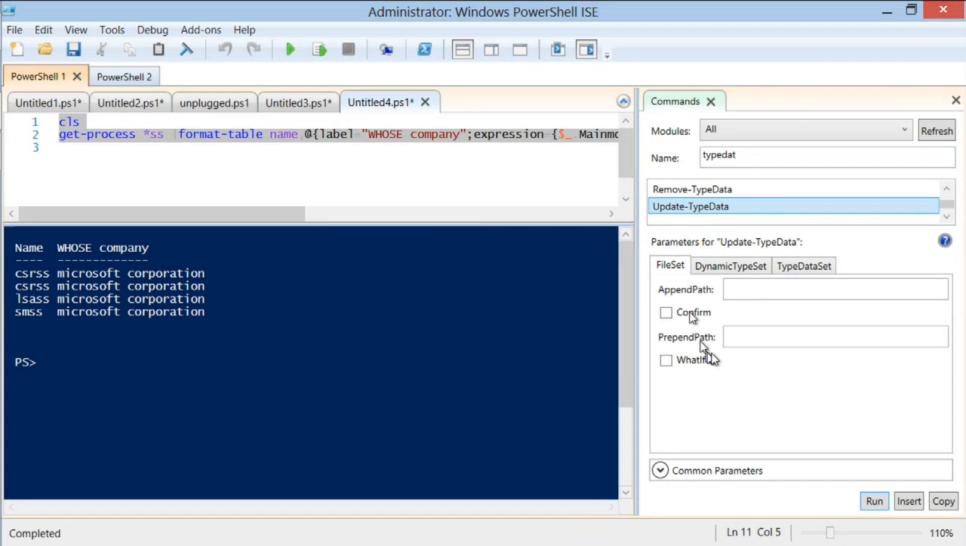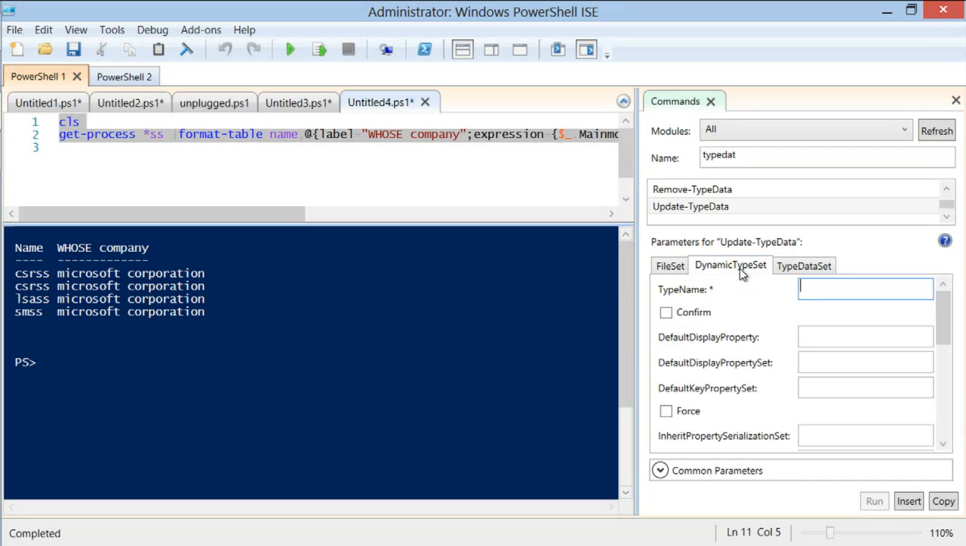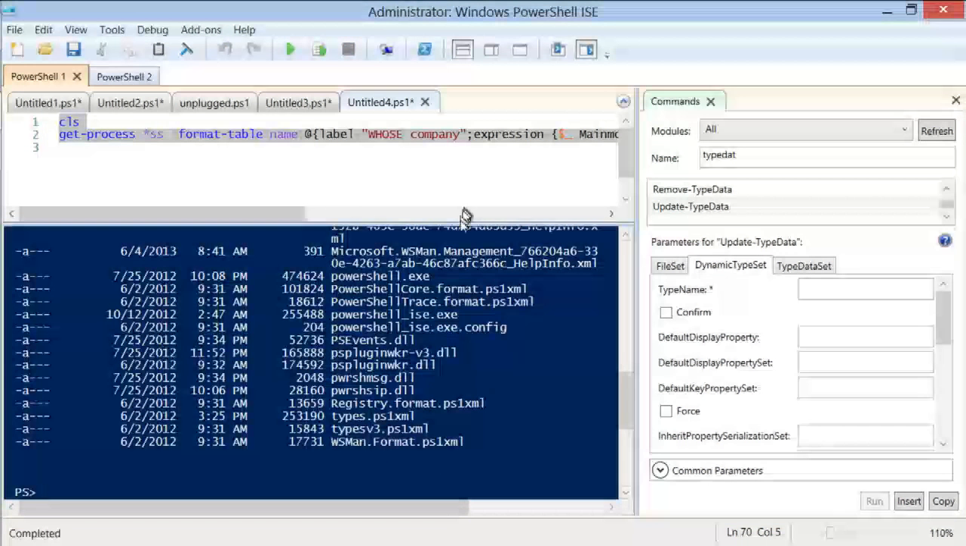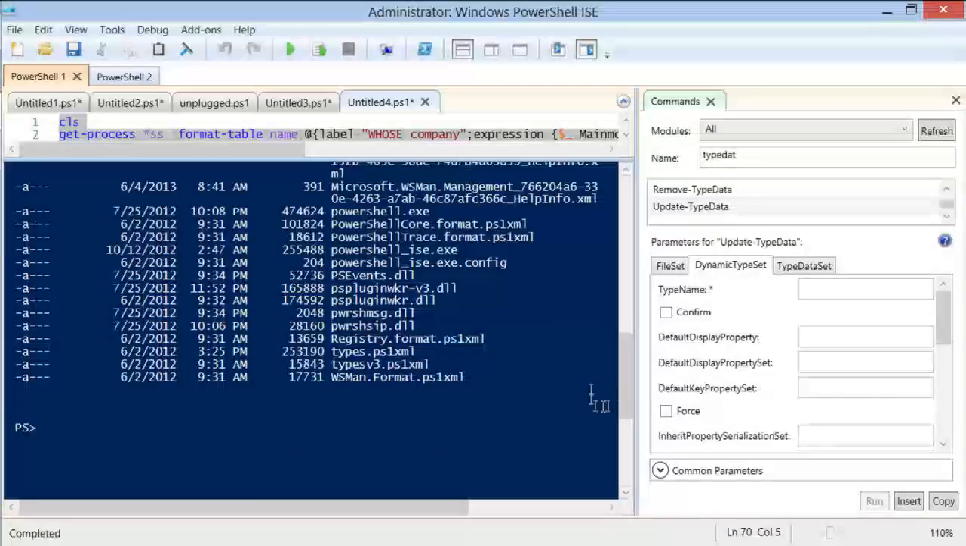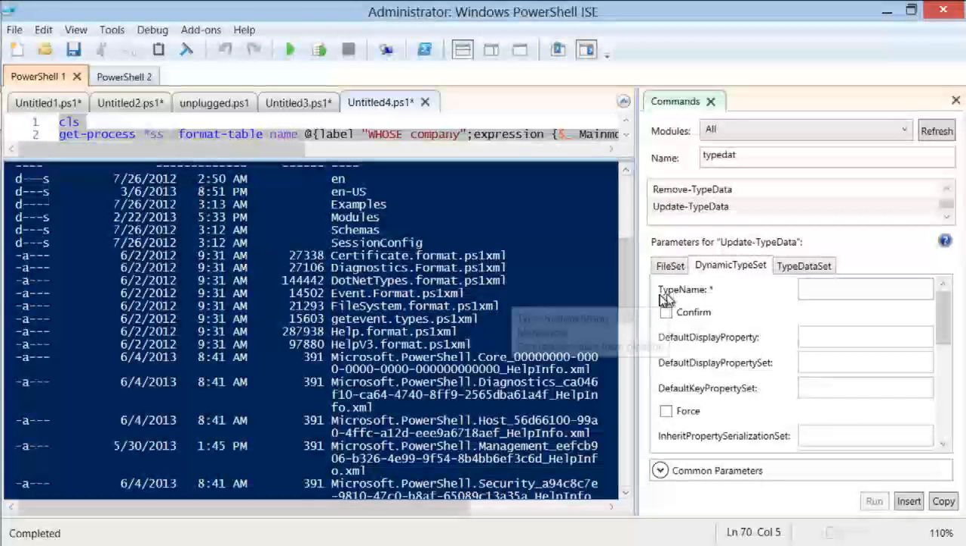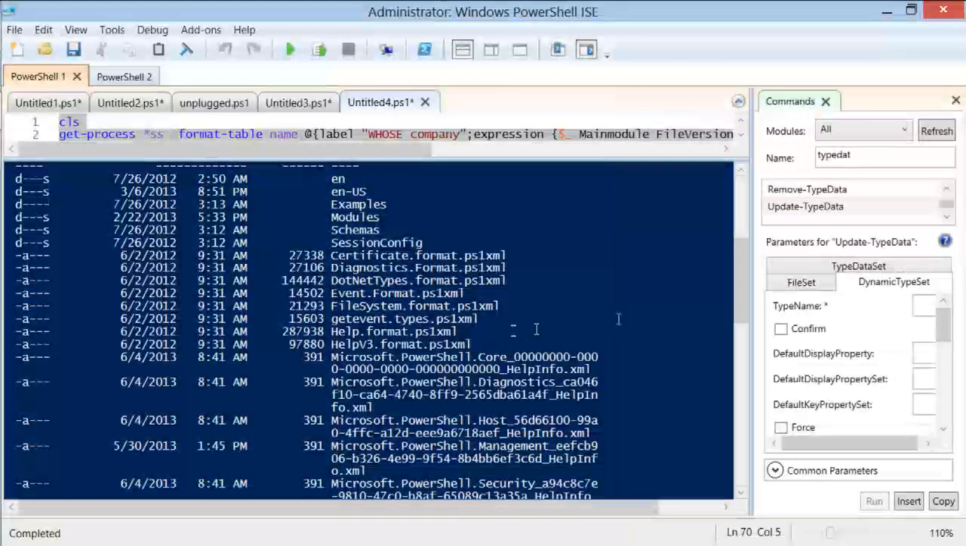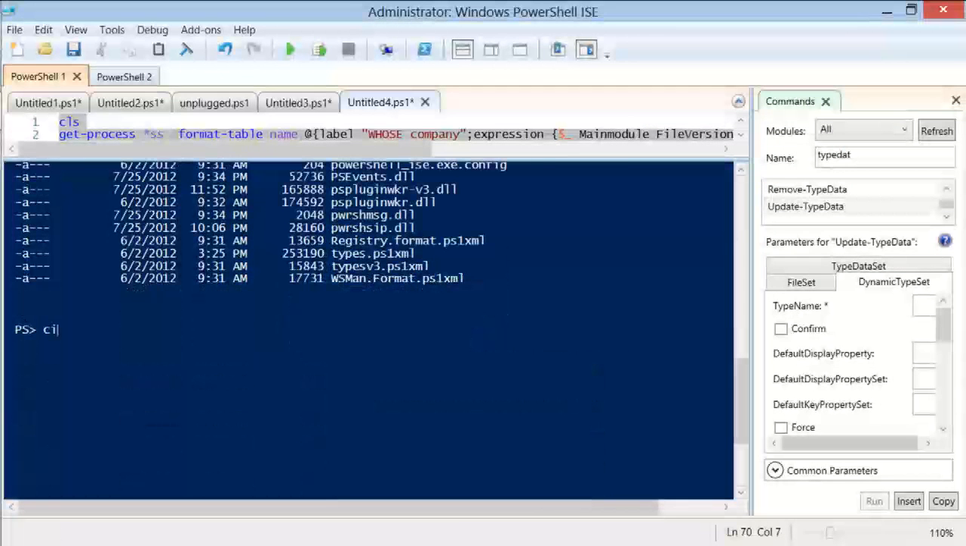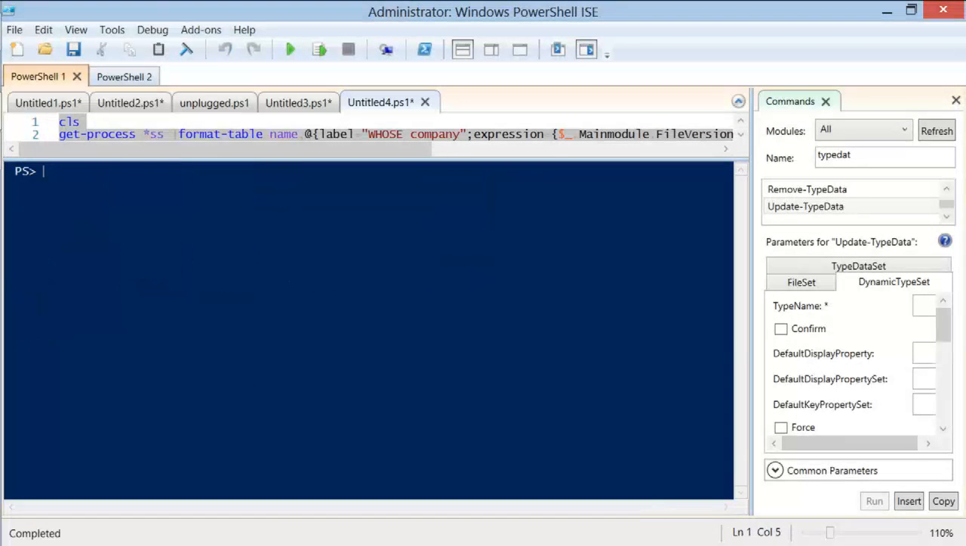Update-TypeData. And here, what you do is, if you change directory to $PSHome, you will see type data information. You know, let's stay with objects for a second. This gets a little complicated pretty quickly. So let's go back